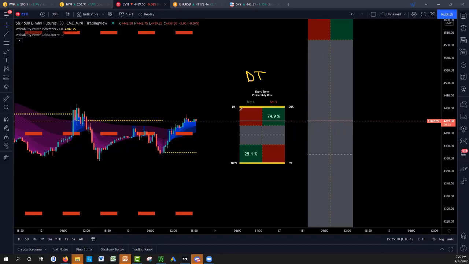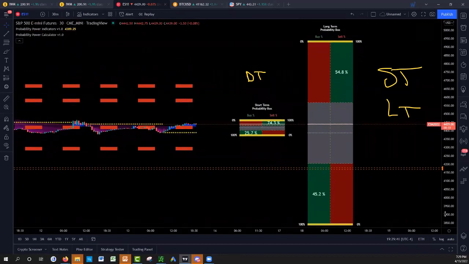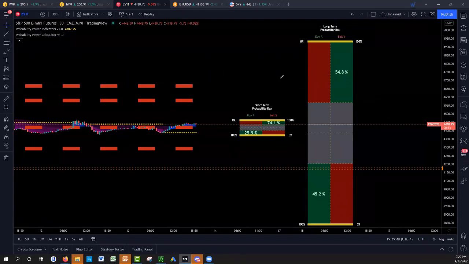So don't look at this for the week, for the month, for swing trading. If you want a swing trading trade or a long-term investment trade, this is the long-term probability box right there on the right that you need to look at. So what are the best settings? Typically, you want the same amount of probability on both sides, meaning that the short term should be higher than